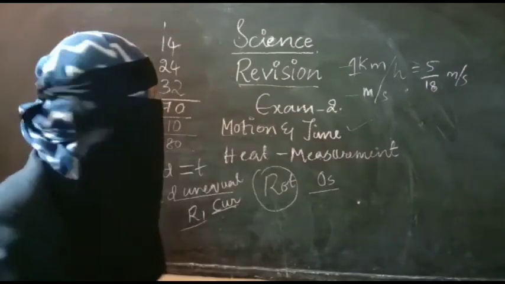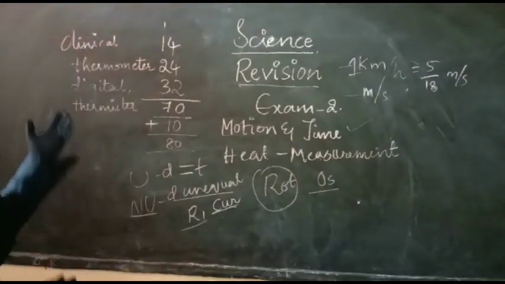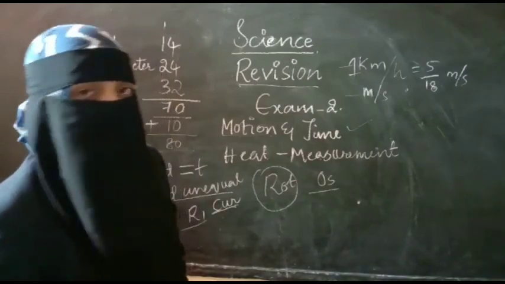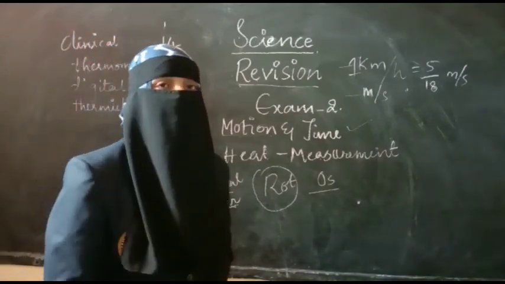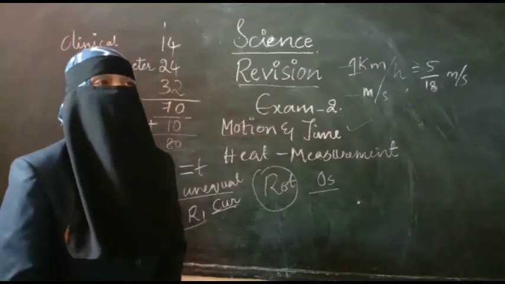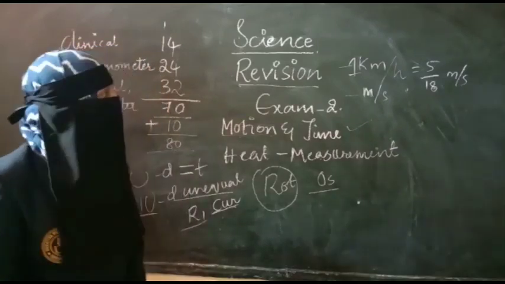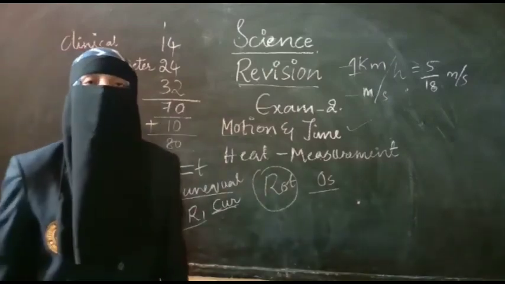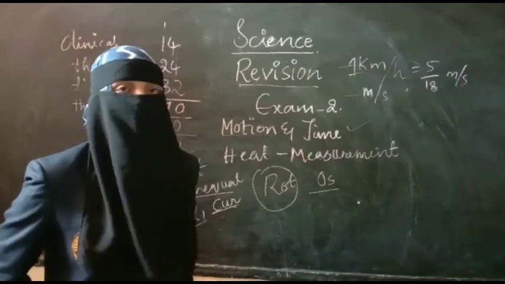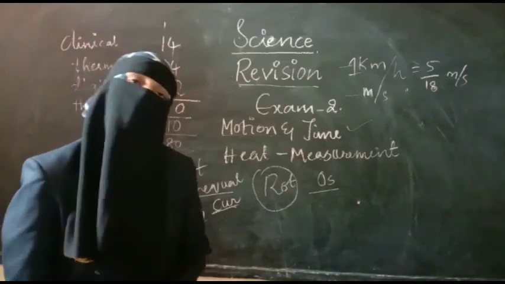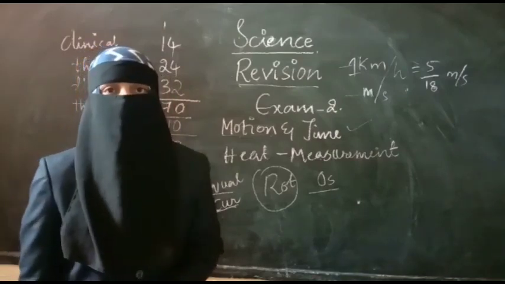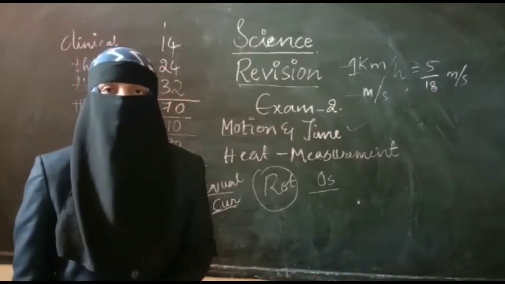It is very important. The clinical thermometer was first invented by Galileo in the year 1593 AD. What thermometric material did he use? Air, because air also expands on heating. As we know, clinical thermometers are based on the principle of expansion of matter due to heat. Matter can be solid, liquid or gas. So the first matter he used was gas, air. Now which matter are we using here? Liquid. Liquids expand on heating.